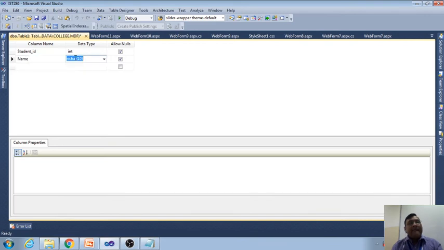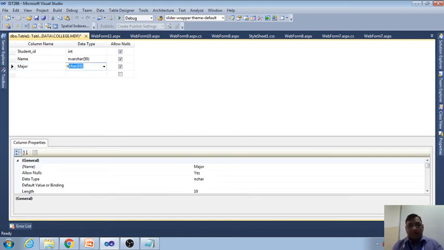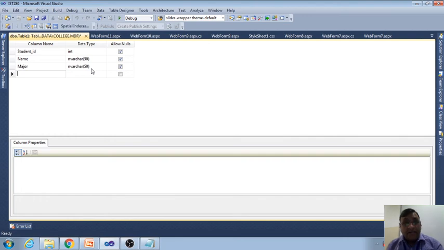Name, and here we have n-varchar 50. Measure is also n-varchar 50. Maybe in your version the interface may be a little different, so do not be confused. Okay, the interface may differ a little.